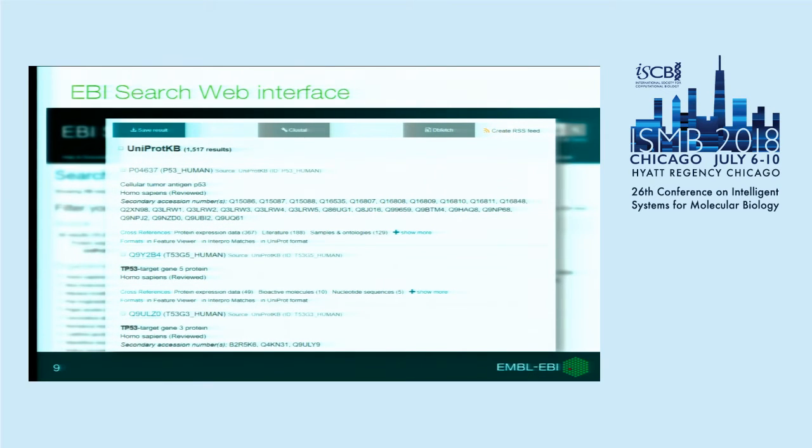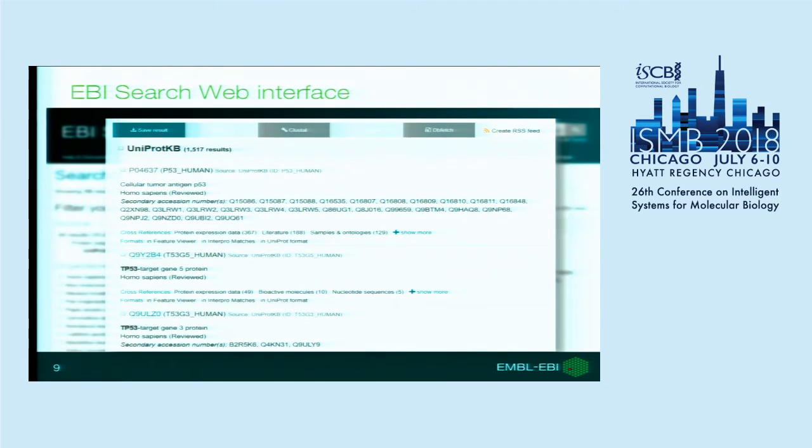In the main section, you can find a list of entries found, and each entry has metadata and a list of cross-reference links. Clicking on the cross-reference links, you can jump to other resources and find the relevant information. And as I mentioned, you can save your result in various formats, such as XML, JSON, CSV, or simply a list of identifiers or accession numbers, so you can use it directly as an input to other